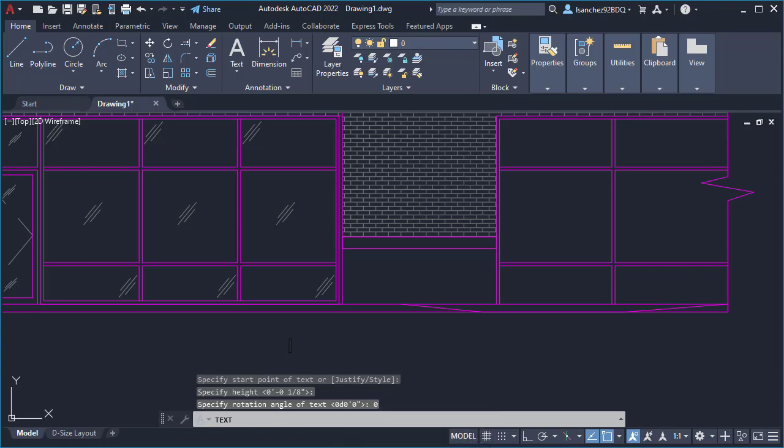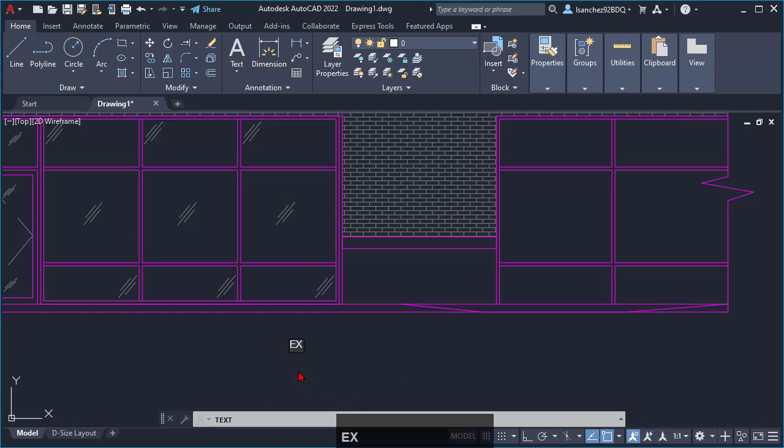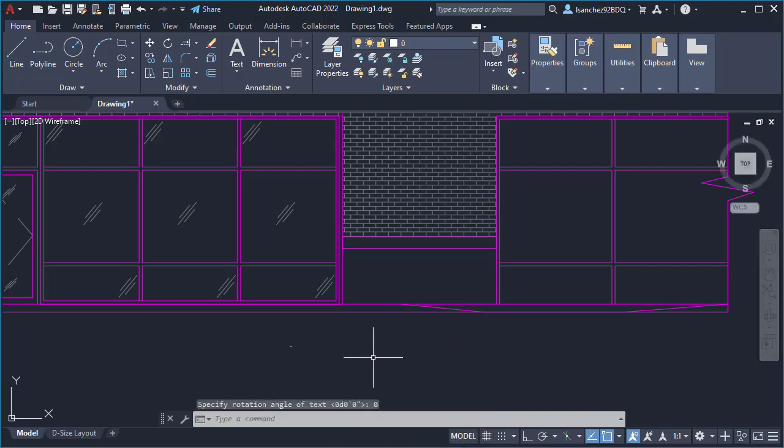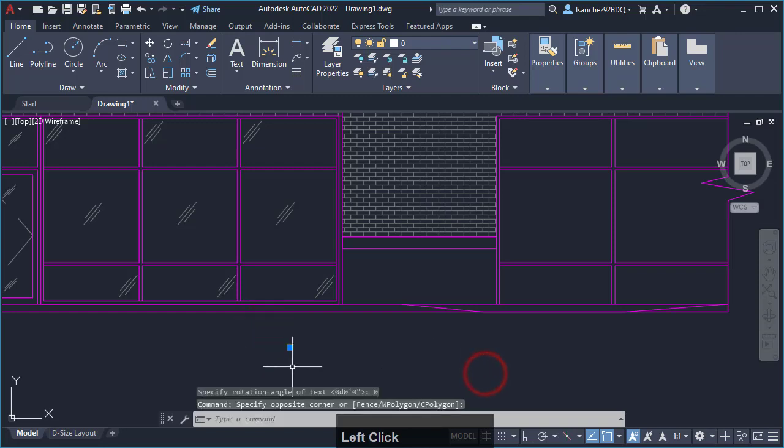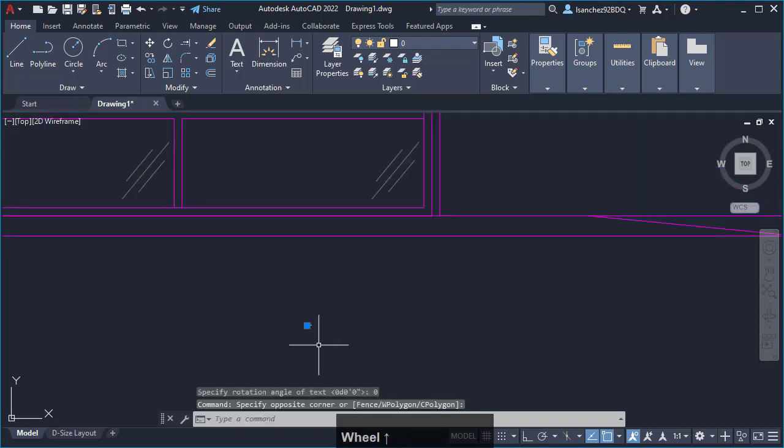Once I do that, I can type my note. I said existing ramp, and to get out of the text mode, I'll simply click outside here on model space, anywhere, click, and then press escape. Now as you can see, the text is showing so tiny over here, and this is where